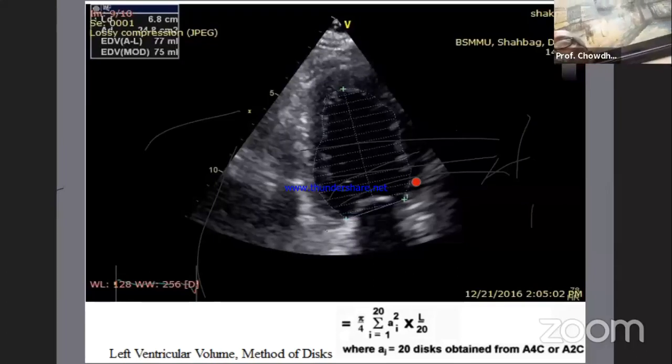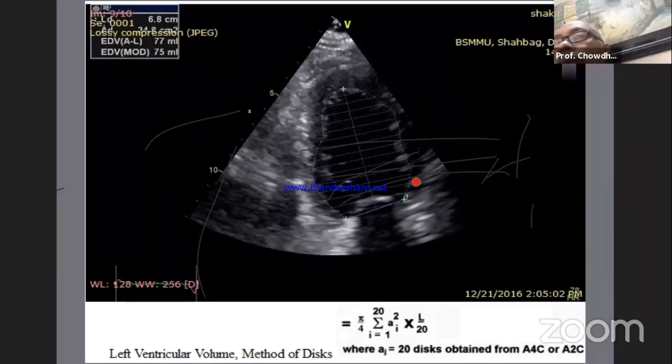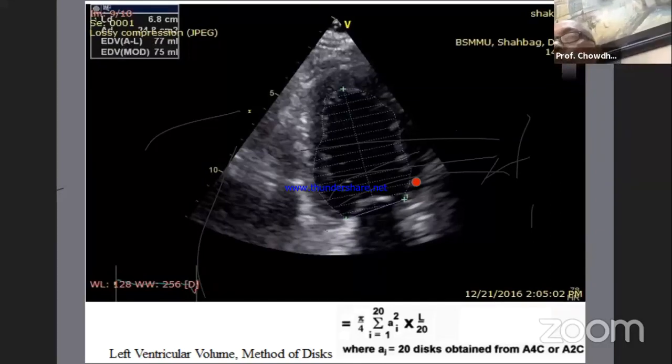Let me again recapitulate: the adjustment of the gain, the adjustment of the depth and the transducer. The frame rate should be 30 because we need to have the left ventricular maximum diameter and the minimum diameter. Although it is conventional to have the measurement in diastole and systole by using the ECG gate, I think probably the best idea is to have the maximum left ventricular diameter, which should be the point of measurement during diastole, and the minimum diameter of the left ventricle, which should be the